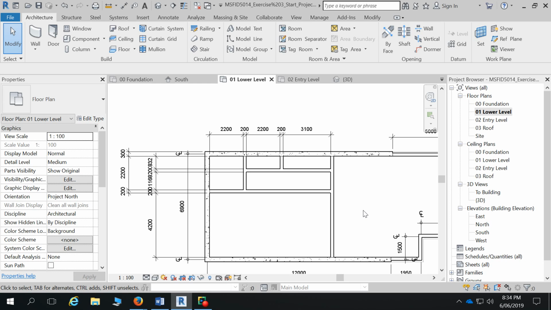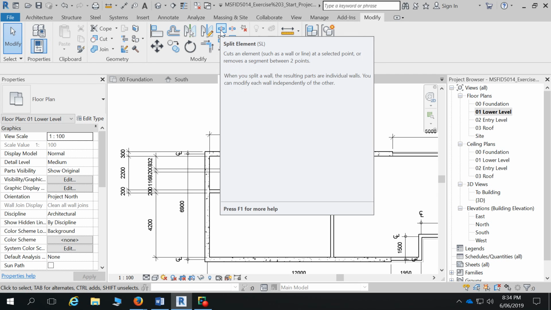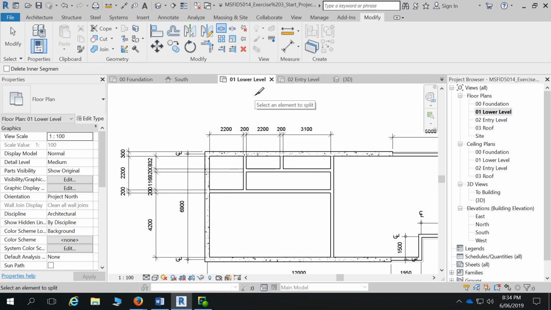So now we're going to go through the split wall tool, and then trim to corner to sort of make a hallway. So I'd go to modify, split line or split element. SL is the keyboard shortcut. And then just split it anywhere in the middle for that hallway. And then you go to trim to corner,